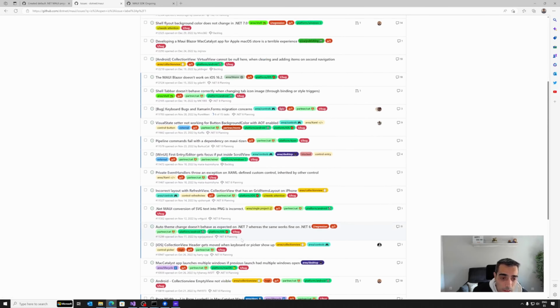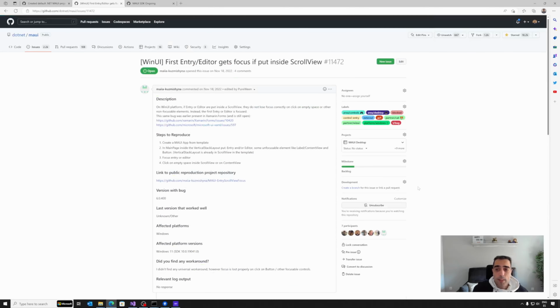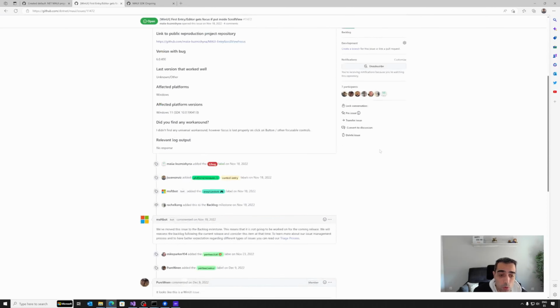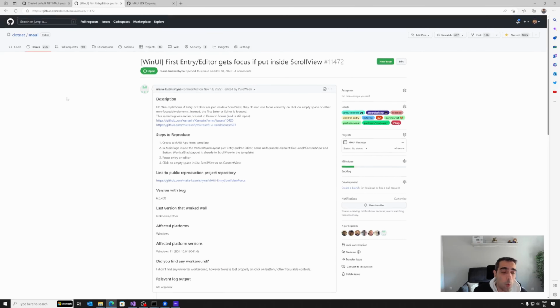Let me show something that should not be really complex. For example, this one. This one is really important because, first of all, it's something broken related with the focus. It impacts accessibility too, and it's from a partner. It's a P1 issue, so it's really important. This issue has nobody assigned yet,